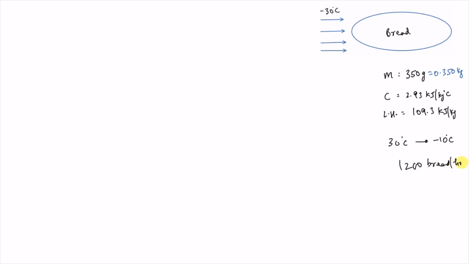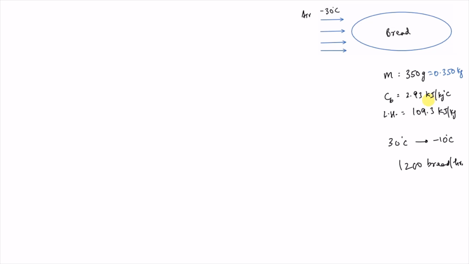per hour. And the temperature of the air is given as minus 30 degrees Celsius, and the specific heat of the bread we are given as 2.93 kilojoule per kg degree Celsius, and its latent heat is 109.3 kilojoule per kg. So we note here that the cooling rate is 1200 bread per hour, and bread can be considered to flow